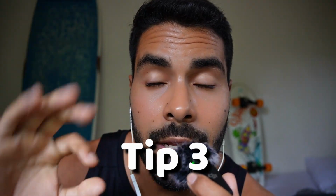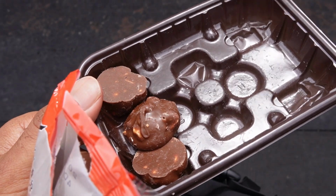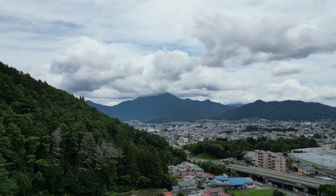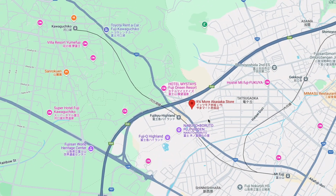Tip number 3: carry your own snacks and water. That's kind of an obvious one, but yeah, carry your own snacks and water. I purchased my food at the grocery store in Fuji Yoshida, at the Akasaka store. Okay, so if you're at the 8th station and you want to buy a small miso soup, it's gonna cost you 500 yen. 500 yen is about